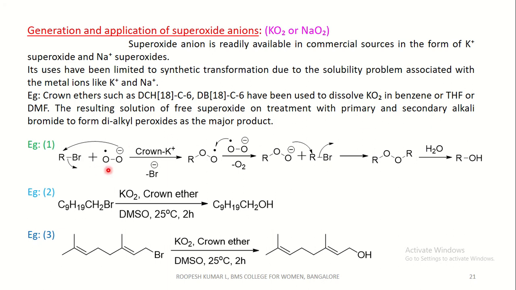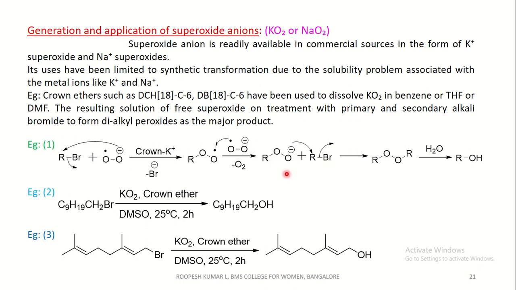Let's see the general reaction. This superoxide is formed after the reaction with these crown compounds, that is KO2 or NaO2 in the presence of crown ethers in benzene, which forms a free superoxide. This superoxide, that is the negative charge, attacks an alkyl group with elimination of bromide ion to form the corresponding alkyl superoxide. This and one more equivalent of superoxide transfers the electron to the free radical to form